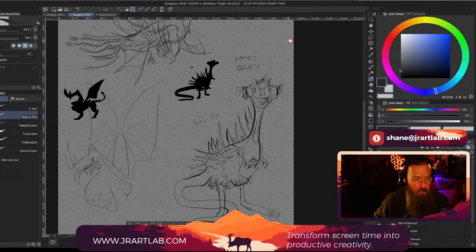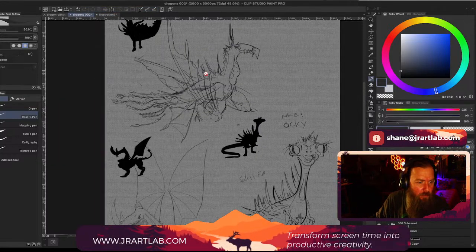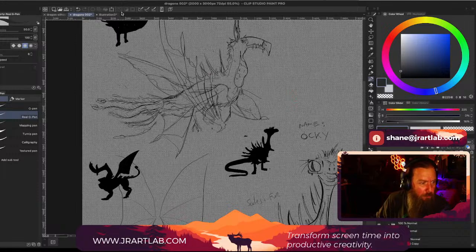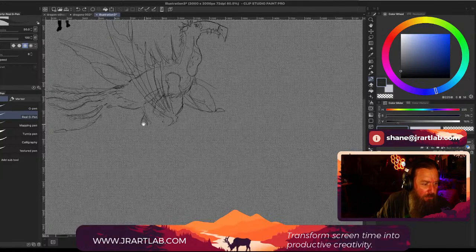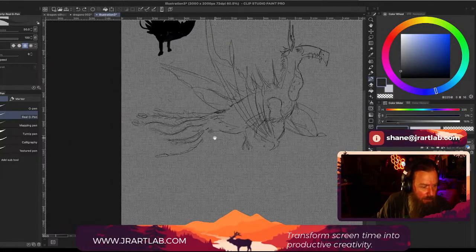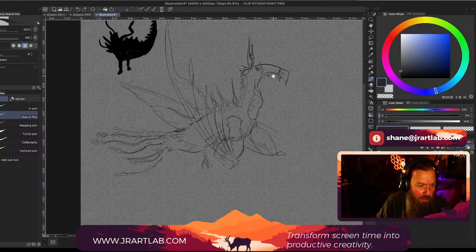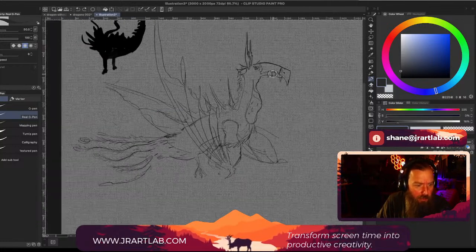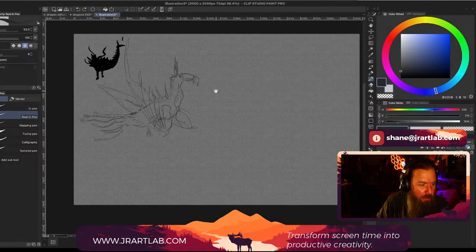This little guy, I think he's so funny, but I decided I quite liked the one from above, so we're going to work this guy up. It's a little bit more interesting. We've got something we've borrowed from various different animals: a bit of a peacock sort of tail, and a toucan kind of head, but with some teeth hanging out there. So what we're going to do today is refine the sketch a little bit, and then we are going to work on the values.